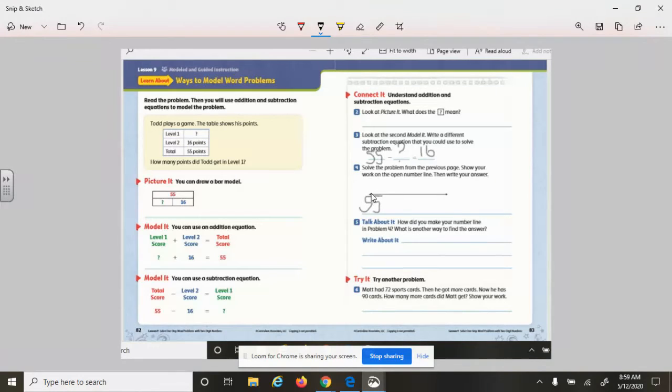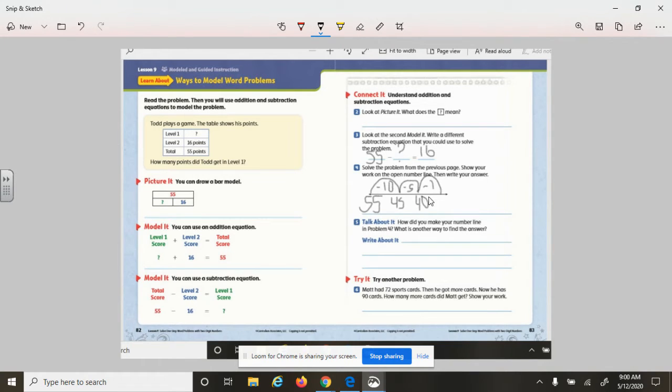I could take away 16, which I know is minus 10. I could even then do a minus 5 and a minus 1. It's also perfectly okay to do minus 10 and minus 6 ones, whatever you're comfortable with. I know that 55 minus 10 is 45. And then if I take away 5 more, because I know how to count by fives, I know that that's